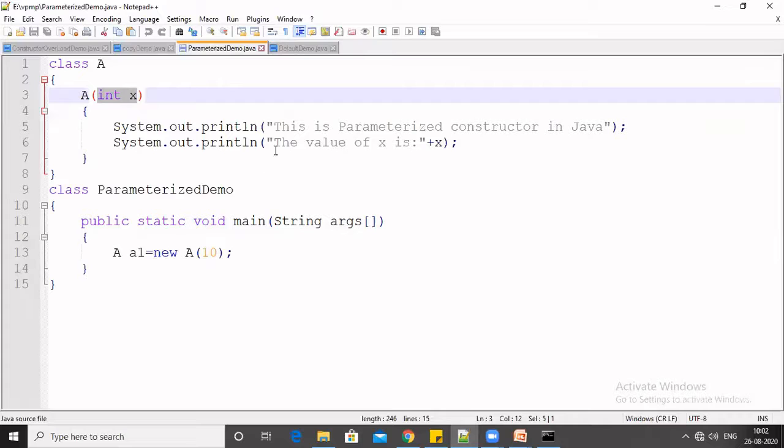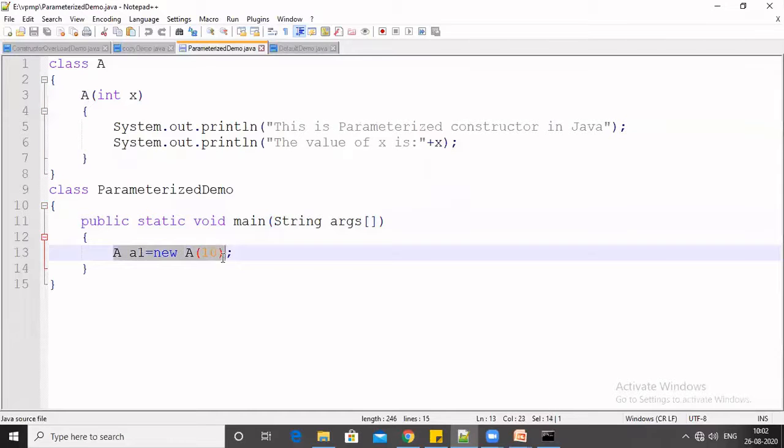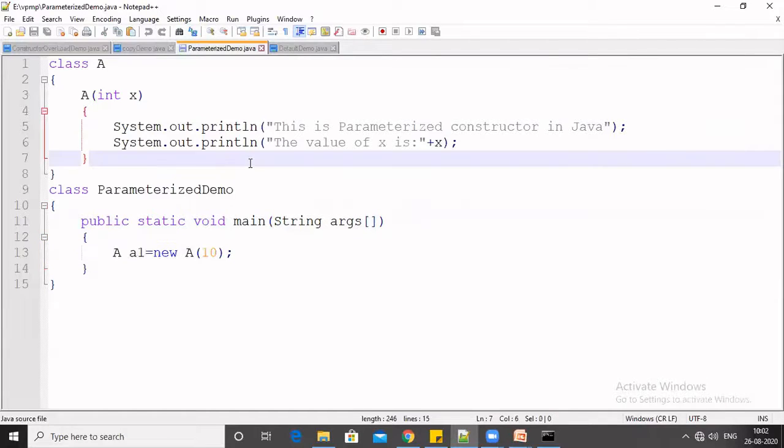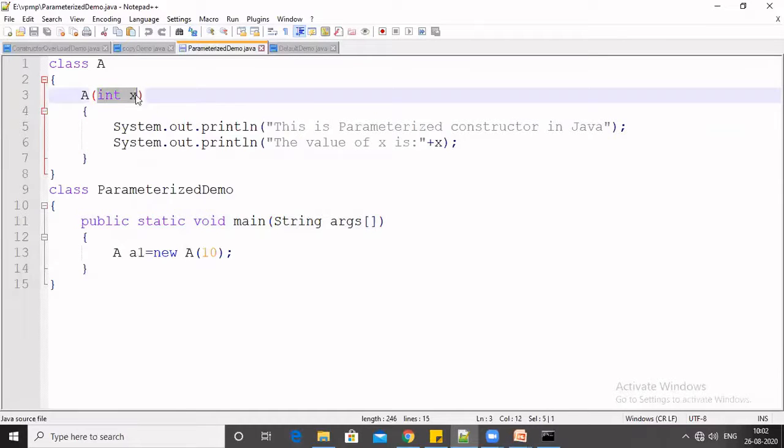That means in this example we have only passed parameters, and whenever we create the object of this class, then we have to specify parameters in the bracket. The parameter in which we have put the value 10, this value 10 will be directly passed to the constructor, and it will be assigned as the value of x. So this is the example of a parameterized constructor in which we only have to pass the argument in a constructor.